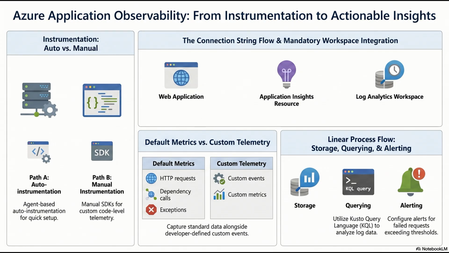The Azure Monitor Agent introduces a concept called data collection rules, or DCRs. DCRs. So what is a DCR mechanically? A DCR is a completely separate Azure resource. It is essentially a JSON-formatted policy document that explicitly dictates exactly what telemetry the agent is allowed to pull and where it should send it.